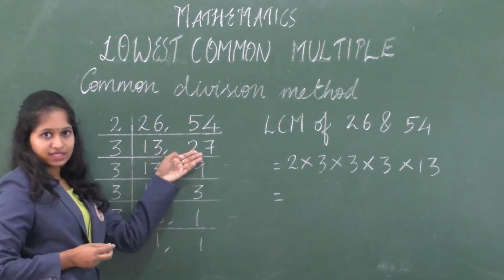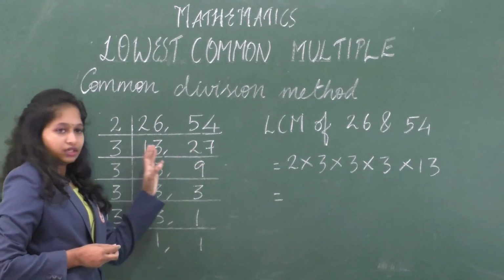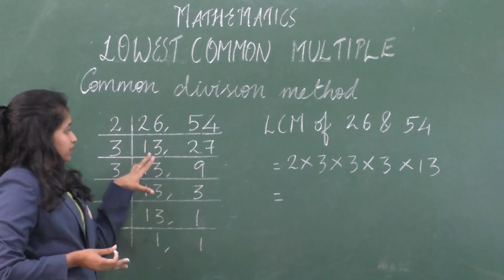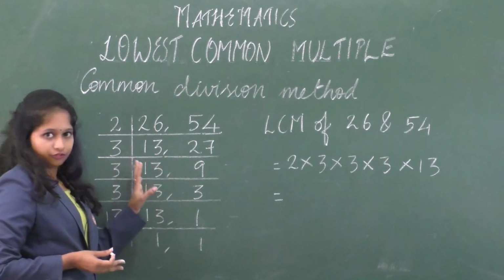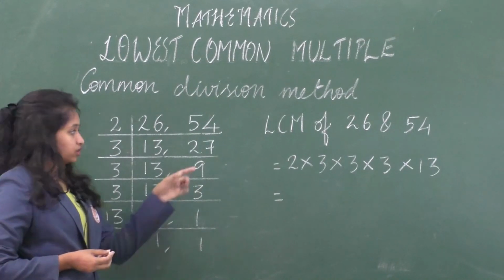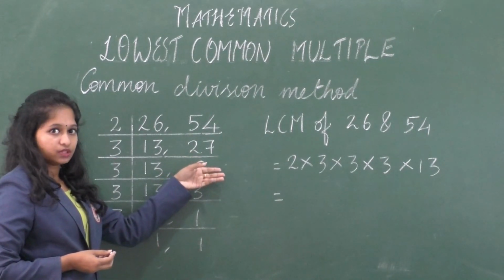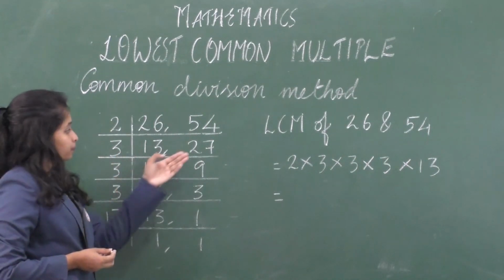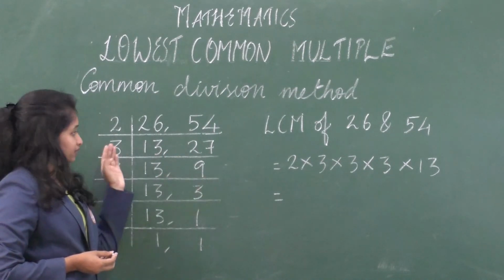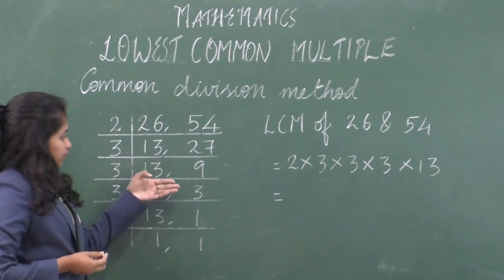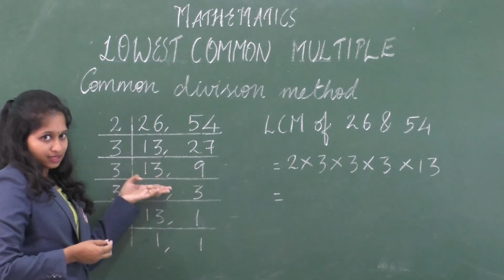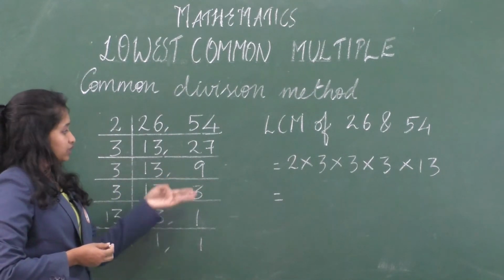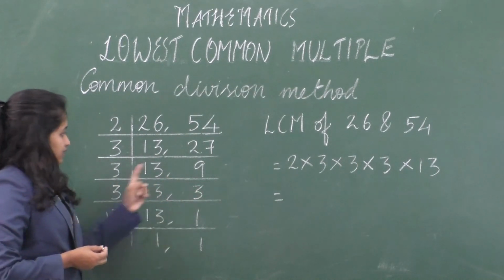Again 13 and 27. Are these two numbers divisible by a common number? No. Since 13 is a prime number, leave it and take 27. Which is the least number by which 27 is divisible? 3. So write 13 as it is. And how many times with 3? 9 3s are 27. Again, since 13 is prime, leave it. 9 is a composite number. It is divisible by 3. So 3 3s are 9.